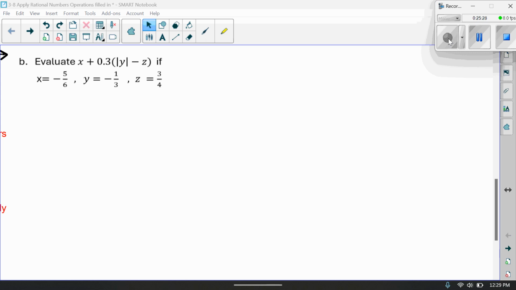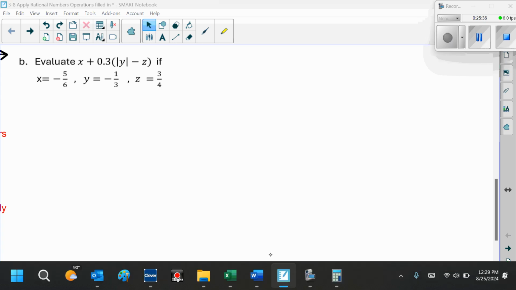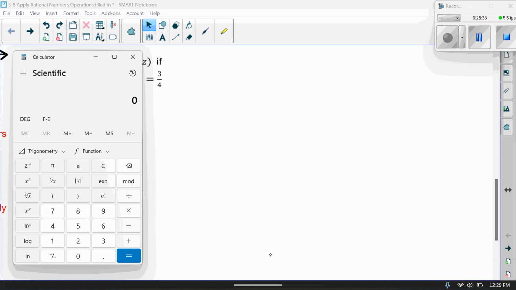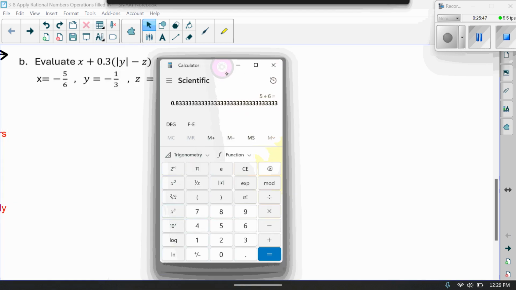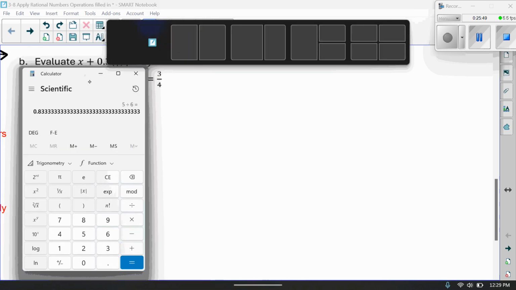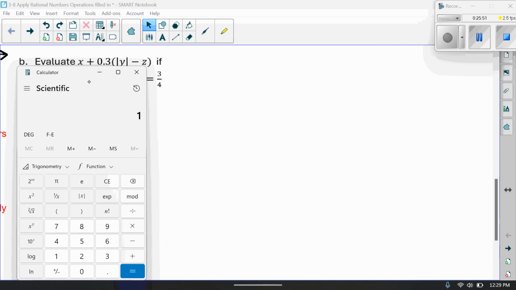All right, so before we start this, we can see that we're going to have some repeating decimals. So here, if I divide 5 divided by 6, that's going to give us a repeating decimal. And if I divide 1 divided by 3, that's going to give us a repeating decimal too. So that means we need to use fractions to simplify this